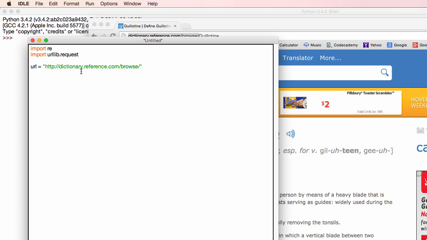Alright. The next step is to take input from the user. So we're going to say word is equal to input, in brackets, "Enter your word", do a space. Now let's make our URL up to date: url is equal to url plus word. Then let's get the data. data is equal to urllib.request.urlopen, and then open our url